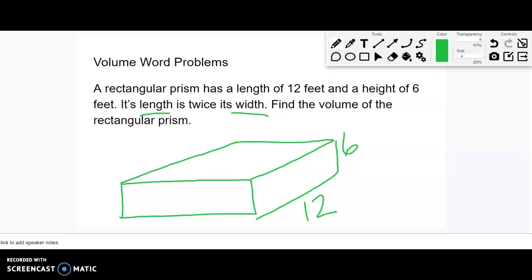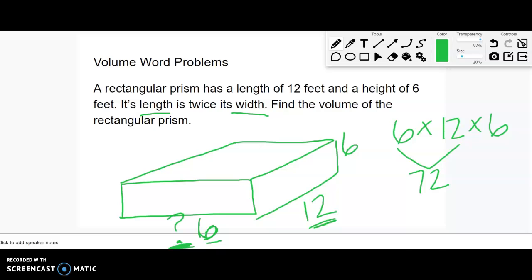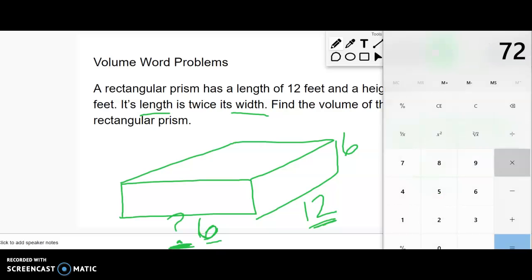Its length is 2 times as big as its width. So which is bigger, the length or the width? The length is bigger because the length is 2 times as big. So what could this width be if this number times 2 equals the length? This will also be 6 because 12 is twice as much as 6. Okay, now we can find the volume just like normal. 6 times 12 times 6. 6 times 12 is 72. We'll do 72 times 6,